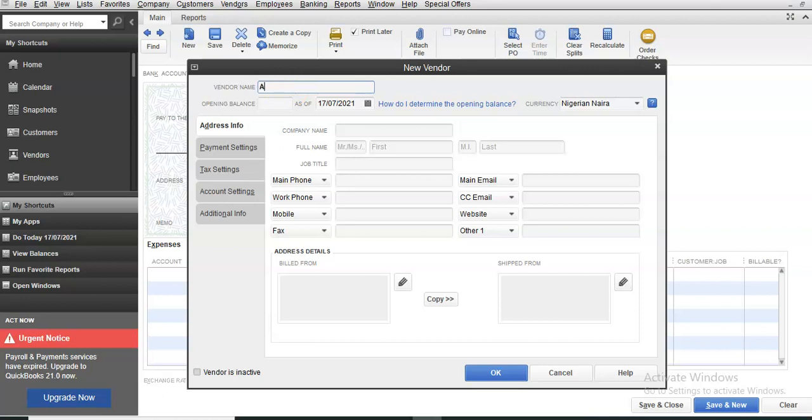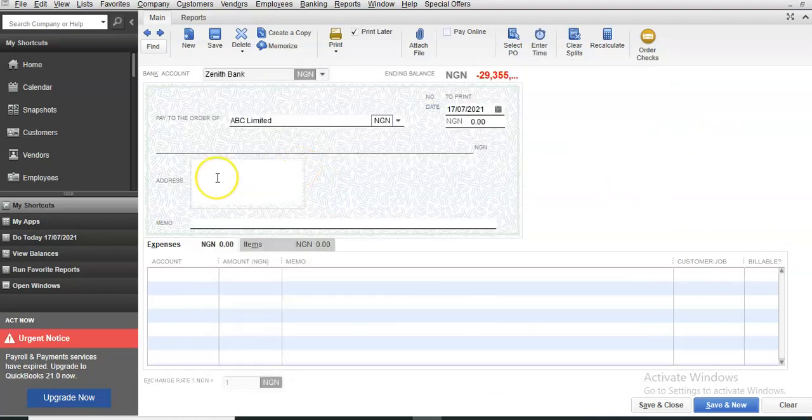So you can easily add a vendor. All right, we click OK, and